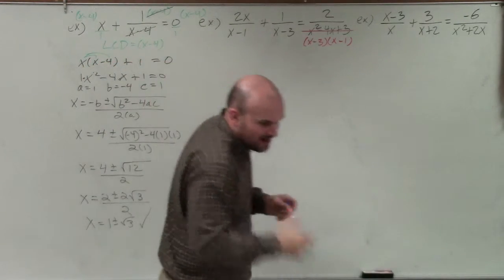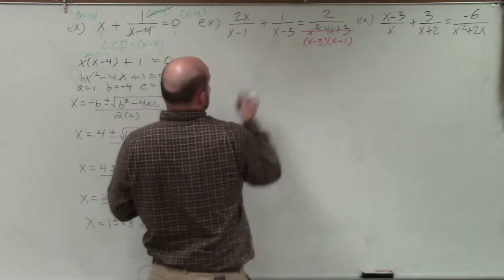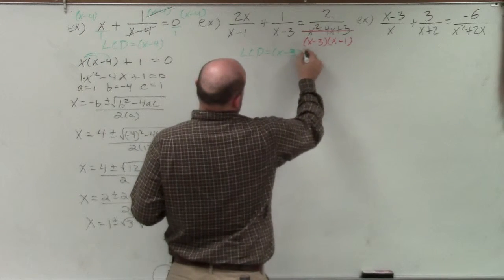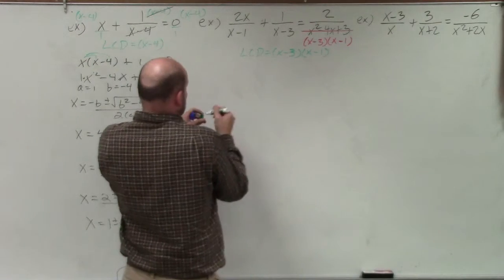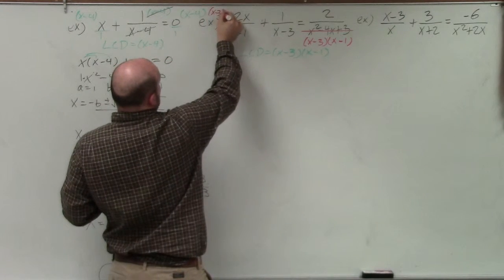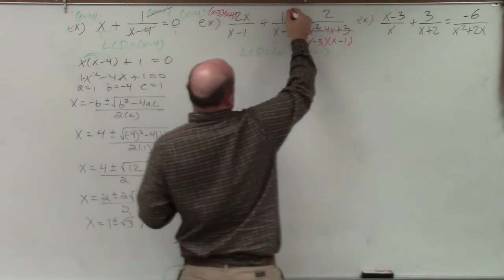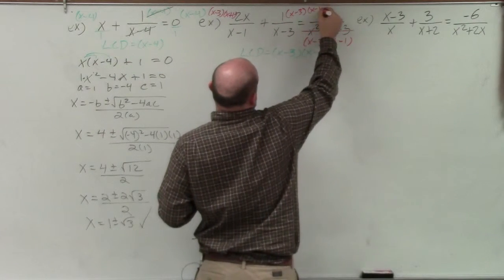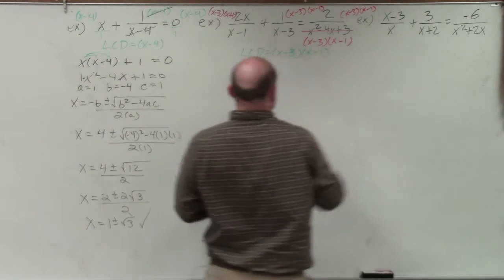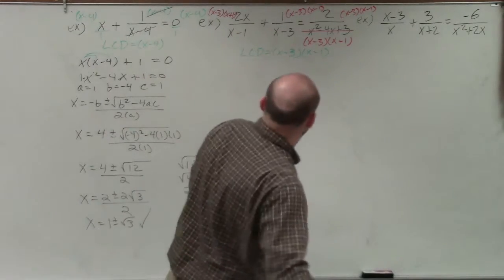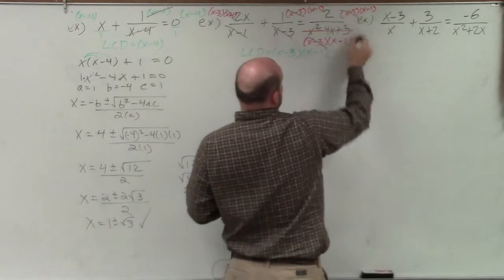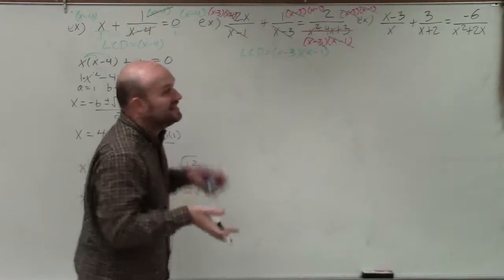The LCD of this problem is simply just going to be x minus 3 times x minus 1. So therefore, again, what I'm going to do, like I did in the other problem, is multiply each and every term by x minus 3 times x minus 1 times x plus 1. OK, so now by using the division property, my x plus 1s divide to 1, my x minus 3s divide to 1, my x minus 3s and my x minus 1s divide to 1, leaving me now with an equation